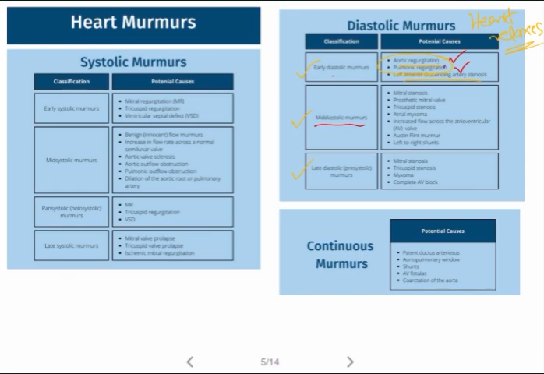Now mid diastolic murmurs are those murmurs which happen during the mid diastole, that means during the mid cycle of diastole. So mitral stenosis is one case, tricuspid stenosis is another case, and Austin Flint murmur is the third important one. So suppose here we have a stenotic valve. This is between the right atrium and right ventricle, that is the tricuspid valve. If the valve is stenosed here, there will be turbulent flow of blood from right atrium to right ventricle, which makes a noise